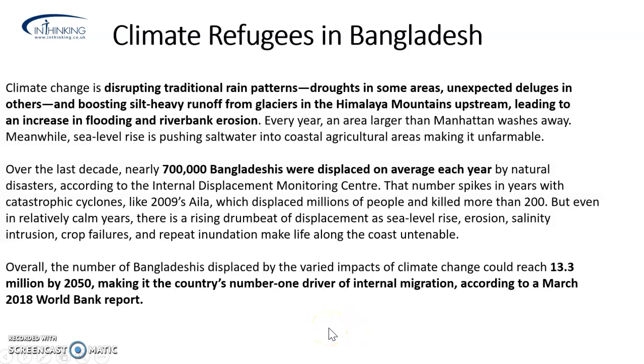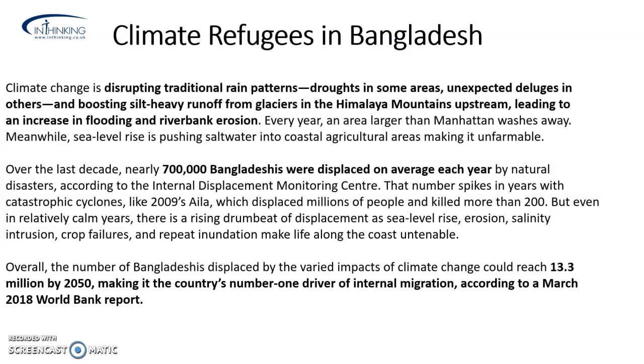If I look again at Bangladesh, which we highlighted earlier in terms of health impacts, they're going to experience some significant problems in this very low-lying country. So it's going to disrupt traditional rain patterns. It's going to cause droughts in some areas, unexpected deluges in others. We're going to see silt-heavy runoff from the glaciers in the Himalaya mountains upstream. And this is going to cause increased flooding and river bank erosion, not to mention rising sea